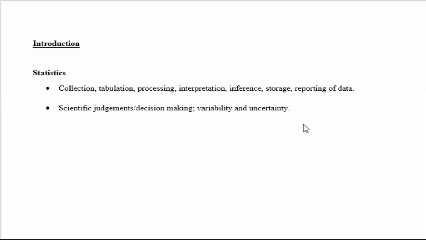So, statistics is the science which deals with collection of data, its tabulation, its processing. When we say processing, we mean analysis, and then interpretation of the results, making inferences out of those analyses, and how to store and how to report the results. Another important point here is that it helps in scientific judgments and decision making. Why? Because decision making or scientific judgment